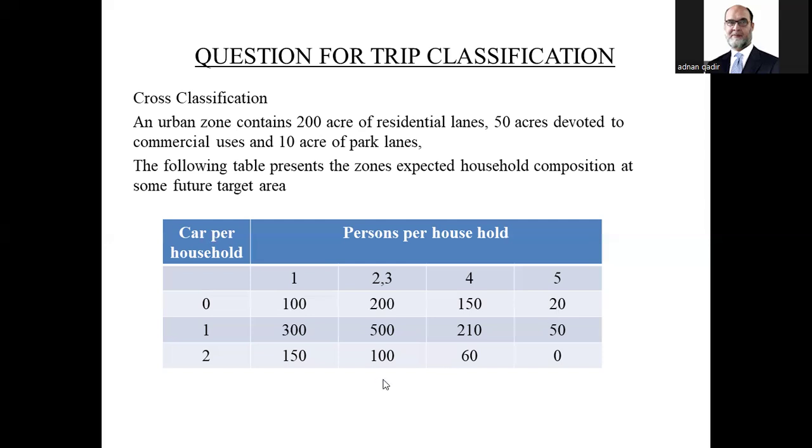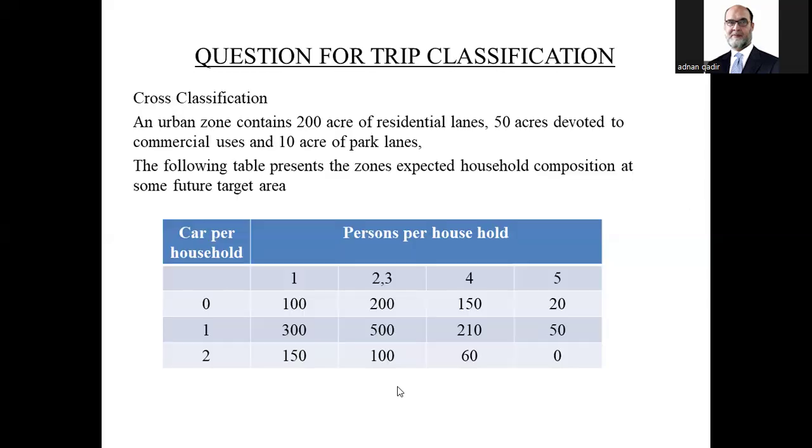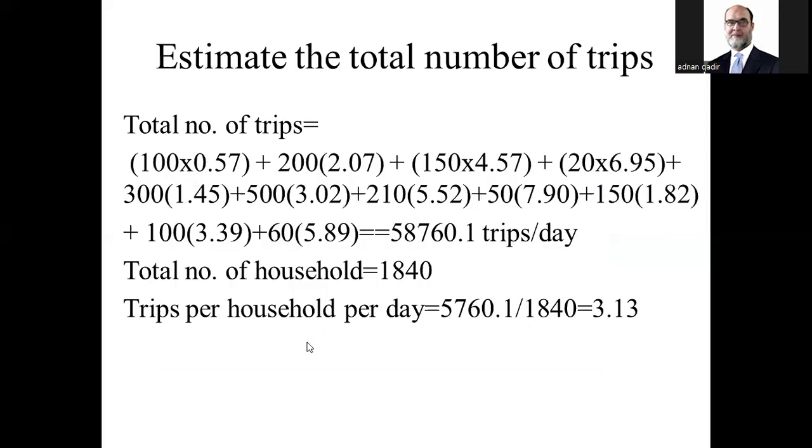So similarly for that, now we want to know trip generation. What we need to do is take the first thing first. For one person having 0, 1 and 2 cars per household, we will have 100 into